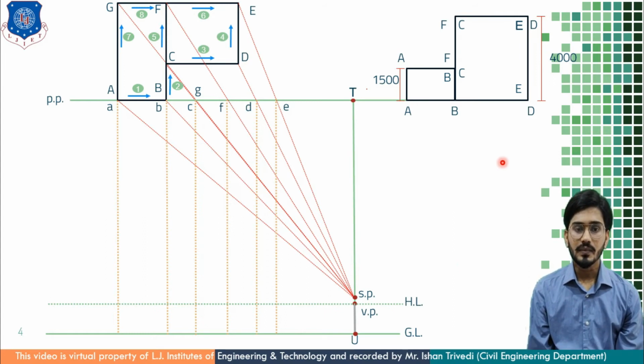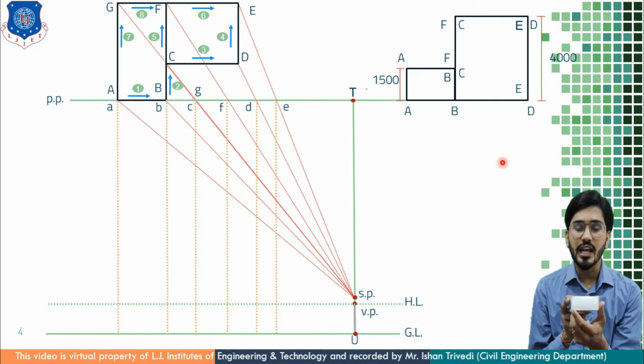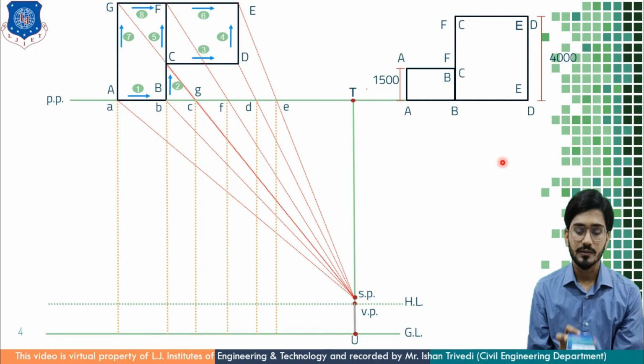Done. Now what I'm doing, I have the component height AB. For example, this one is your A point. I have this AB point height, A height and B height. This AB height is 1500 mm, or you can say 1.5 meter, and you have to draw this. So how will you draw this?